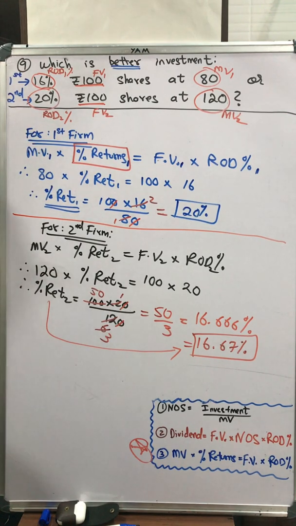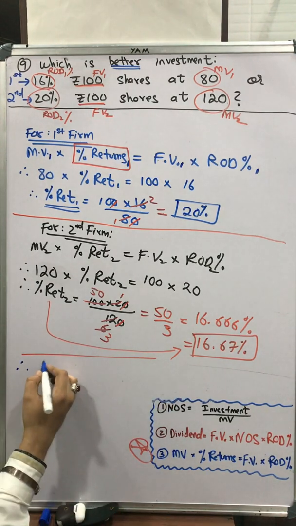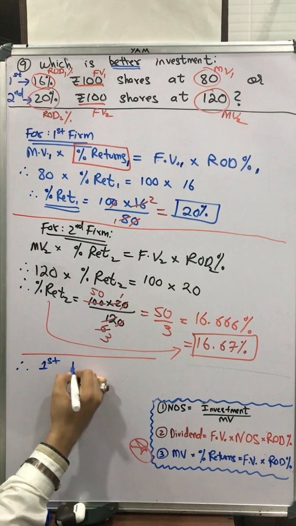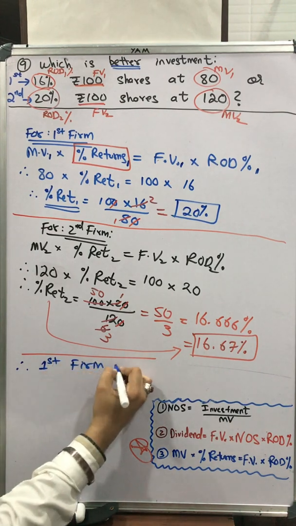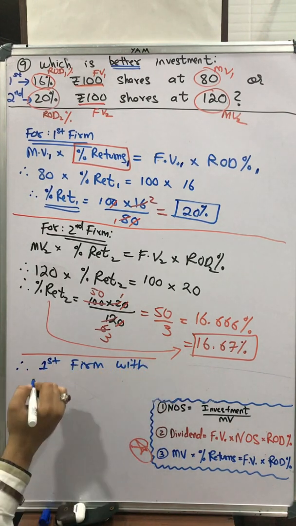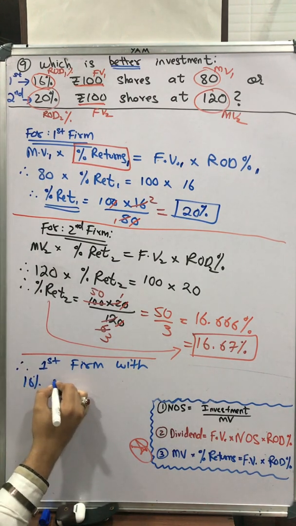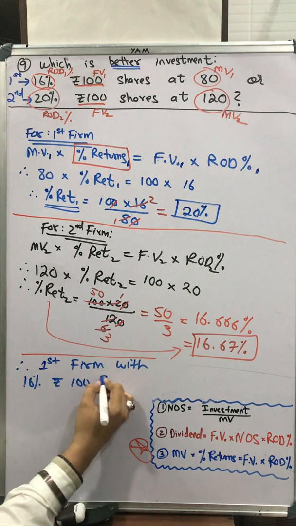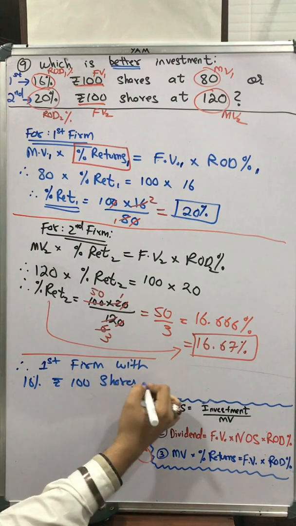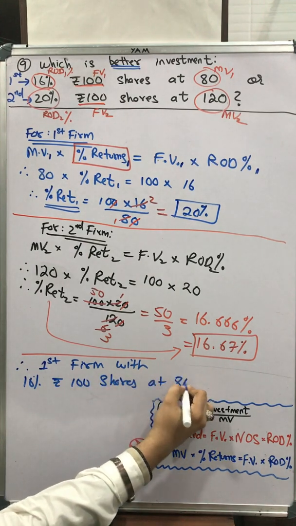So at the end we need to write here, therefore, first firm, and we have to copy the entire line: 16% rupees 100 shares at 80